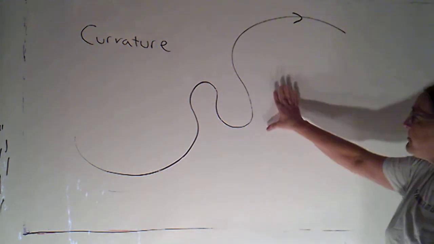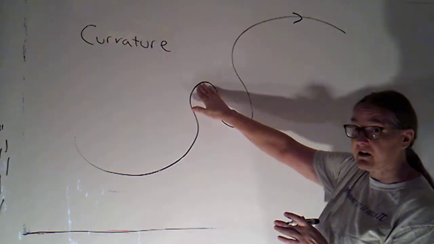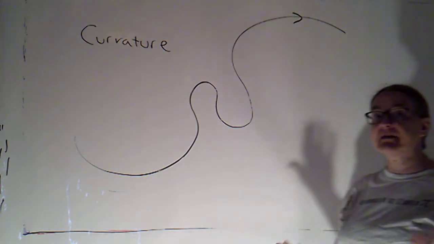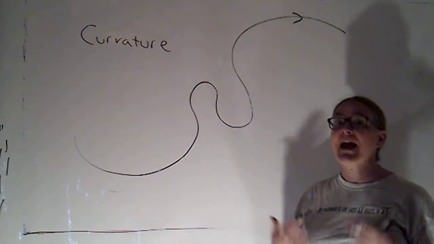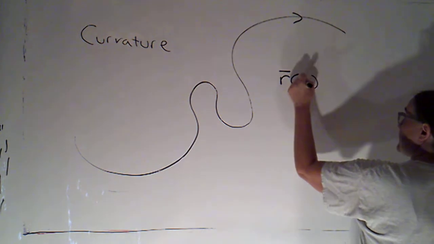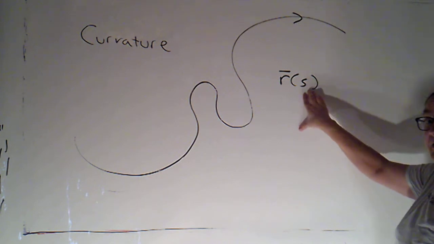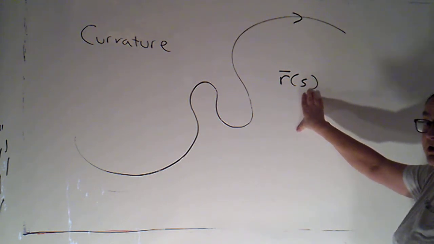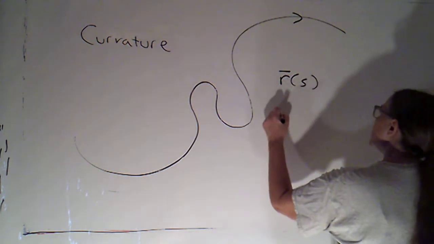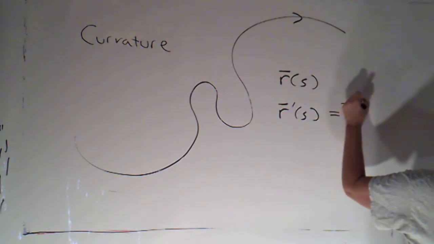So mathematically, if I want to be able to talk about this and say, hey, the curvature is greater here at these very tight curves than it is here, I want to make sure that the parameterization, the speed with which we're drawing the curve, doesn't affect things. So for that reason, we're going to use the arc length parameterization when we're defining curvature. Okay. So if I've parameterized this curve in terms of the arc length parameter, which I can always do if it's a smooth curve, okay, then I know that r prime of s is actually the same as T of